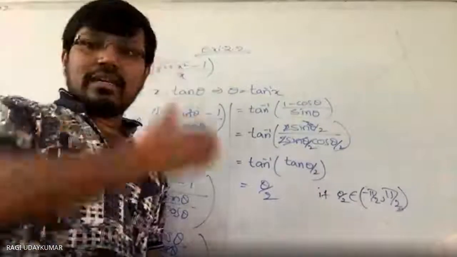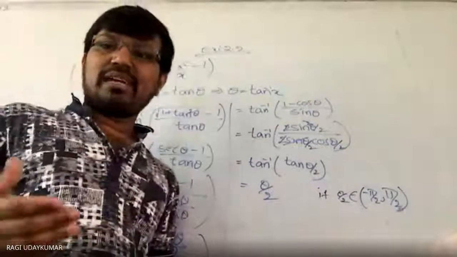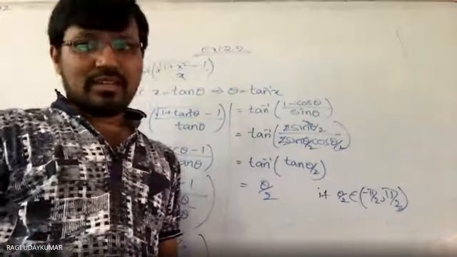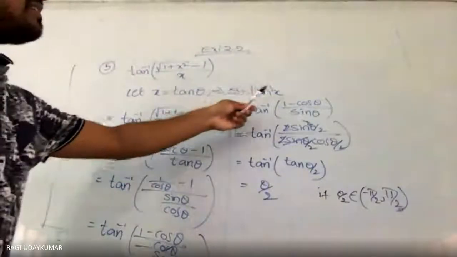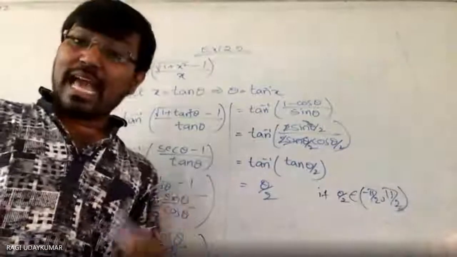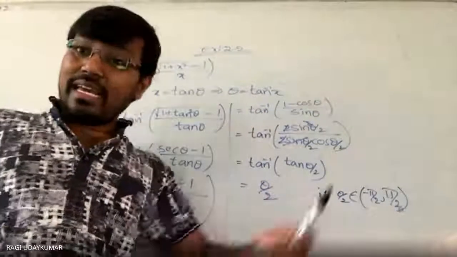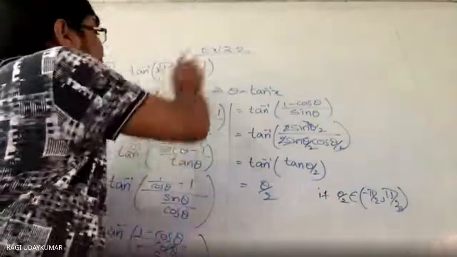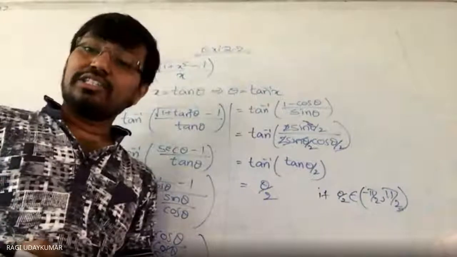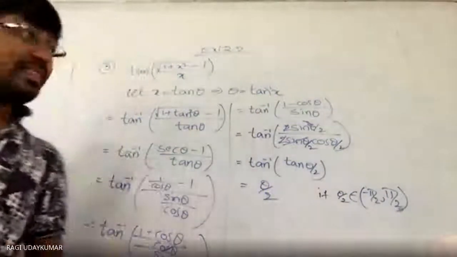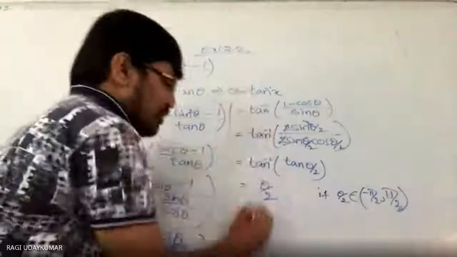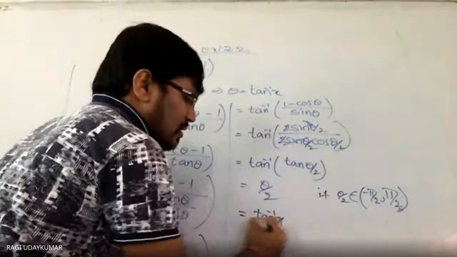Minus pi to plus pi is nothing but the complete coordinate system, where it is possible. So if theta is from minus pi to plus pi, x should be in that range, and that condition should be given in the question. So it is not always possible that theta by 2 equals this; theta is equal to tan inverse x by 2.